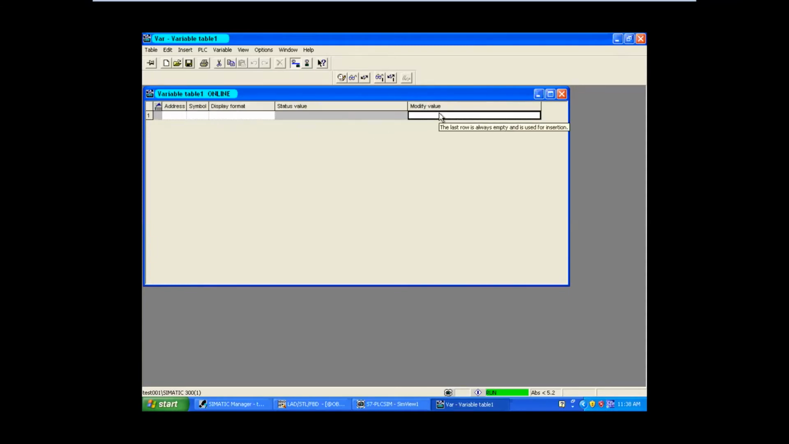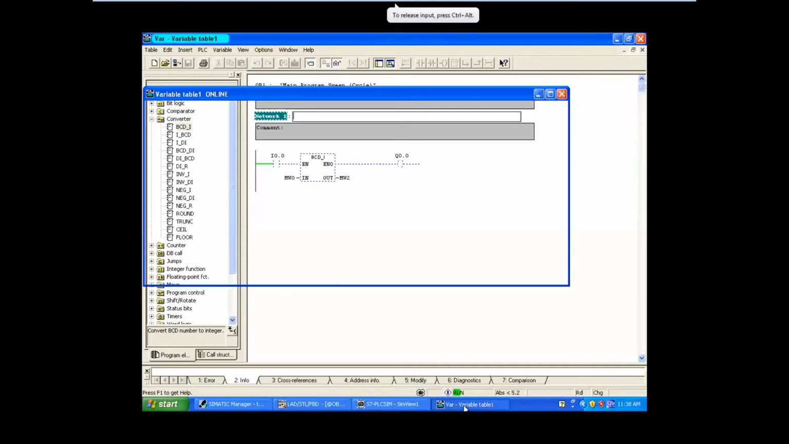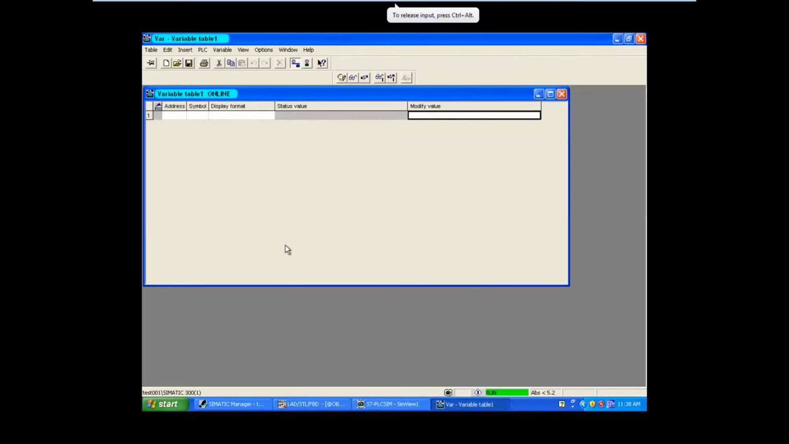So instead of giving the input and seeing the output here, we are going to use this variable table to see the input and output. Got it? So what is my input? That is my MW0, correct? The symbol is not mandatory, no need to give. For the display format, what is the data type of MW0? It is binary. So when you are right clicking,